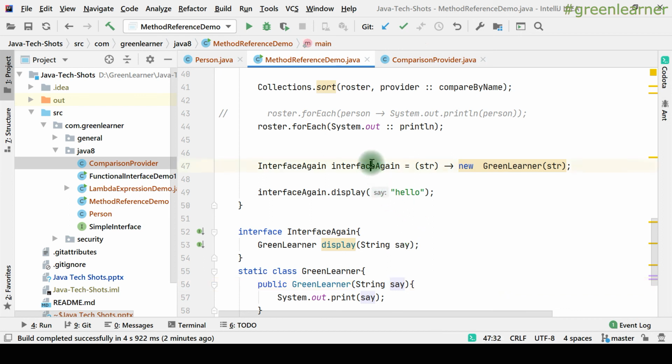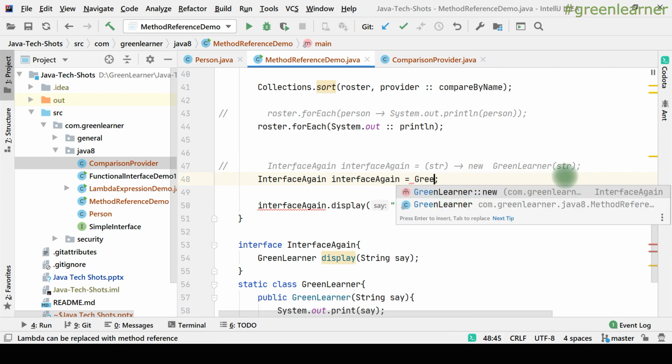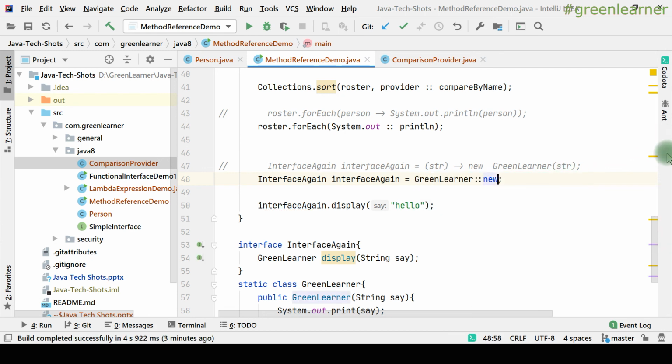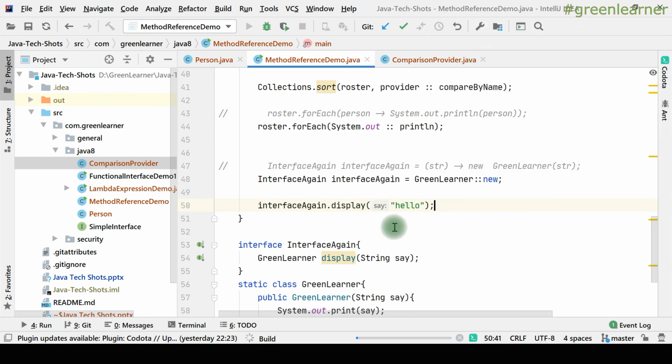Let me copy this so that it is easy to compare. GreenLearner, it is already giving me the suggestion. So this is how I can replace it: GreenLearner::new, and this is hello. If I run this, it is going to print the display that I'm giving here.